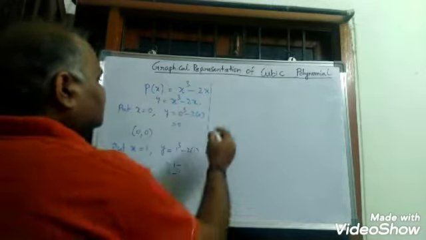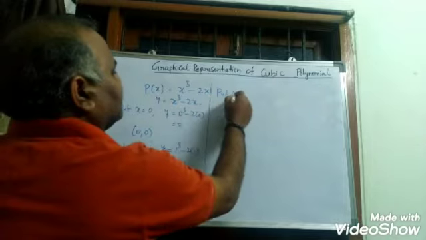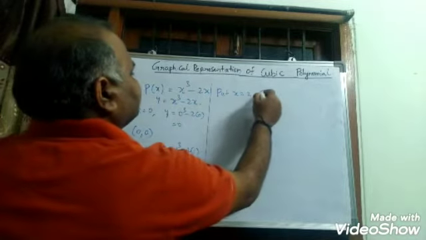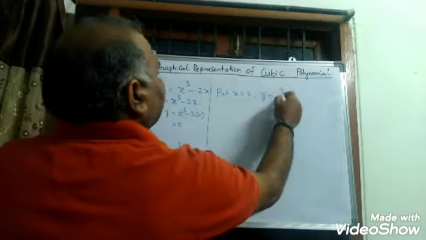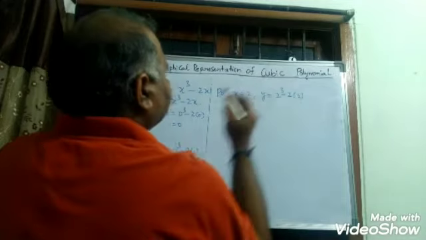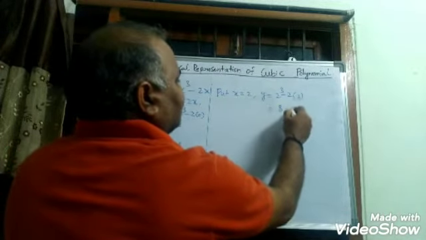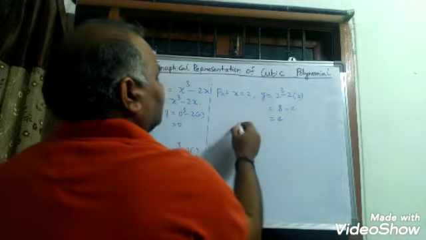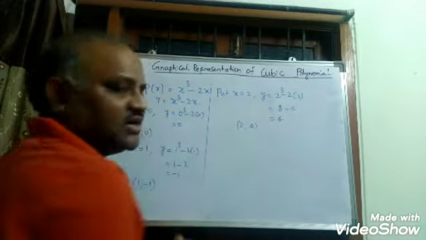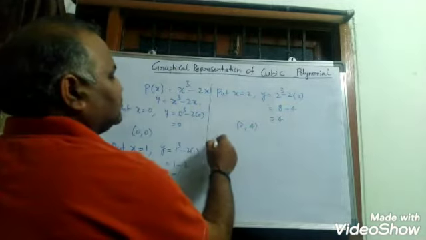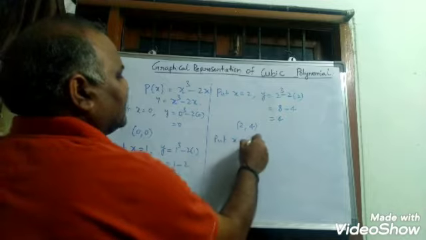Similarly, let us put x equal to 2. So y is equal to 2 cube minus 2 into 2, which is nothing but 8 minus 4, 4. So 2 comma 4 is one ordered pair. Now put x equal to minus 1,